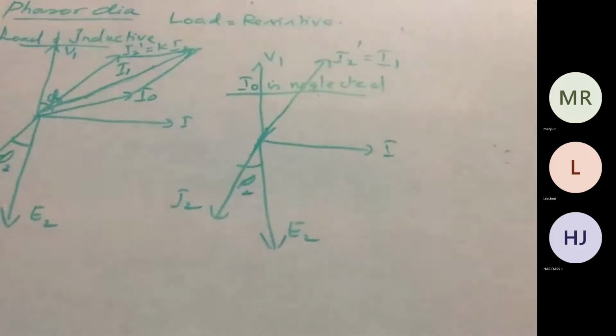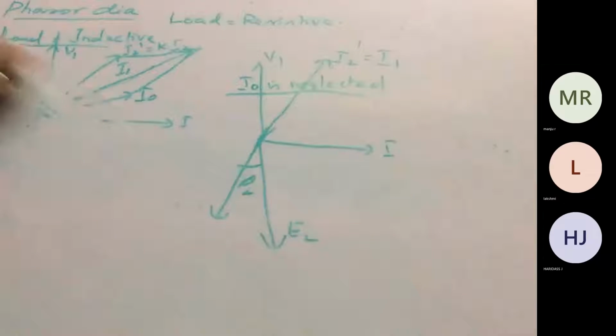Okay. So in that case, we can take that this is under loaded condition. We should take the induced EMF as well as the current in the secondary side. By taking that, we have to shift the secondary side component of current to the primary side. Okay. Shall we do some problem in this?